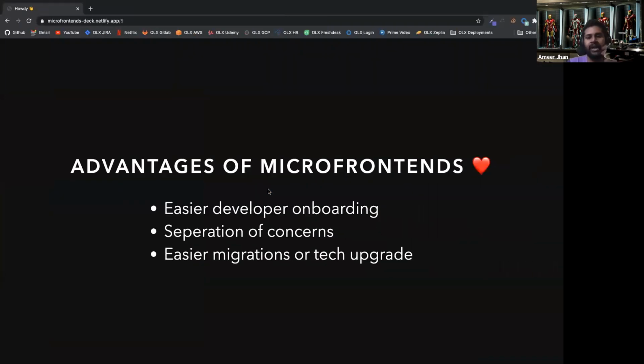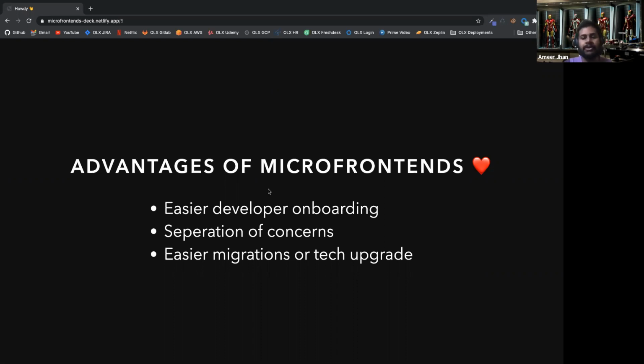Now let's move into the advantages of micro frontend. So what you get out of the box for micro frontend? Obviously easier developer onboarding. You might have already heard about microservices. It's kind of the same benefit that micro frontend also gives. Since you have separated projects with different lines of concern, if you bring in a new developer, in a day or two he might be able to onboard quickly because the front end is small in itself. If the landing page is just written in JavaScript, he's just going to read that code, not the profile code. So that's good.